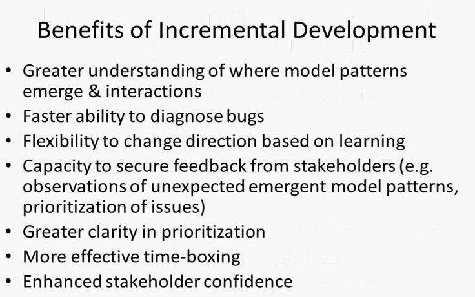If you're building the bigger, better model a year or two from now, and you get to that model, wow, it's great, you're going to run it, and weird things happen. Where did those weird things come from? Maybe they're bugs, and there are a lot of places to look for bugs. Or maybe they're really interesting dynamic behavior, but you don't know what gave rise to it, because you haven't learned the unique contribution of each thing along the way. If you build it incrementally, add a small thing, and see how it changes the model behavior, you're learning what's shaping that behavior all along the way. So incremental delivery has many good things to it.